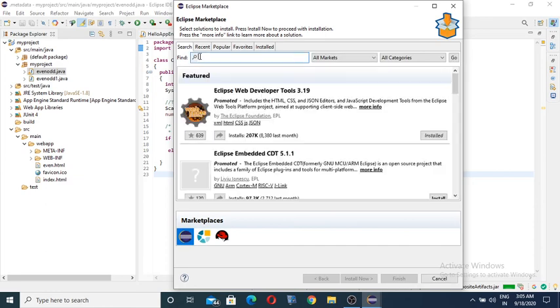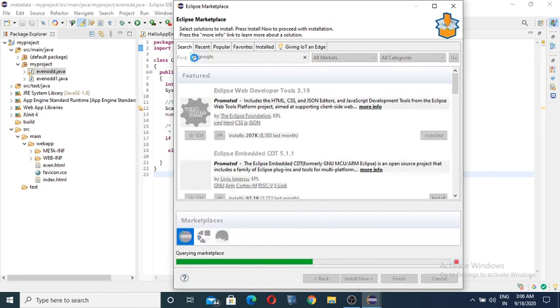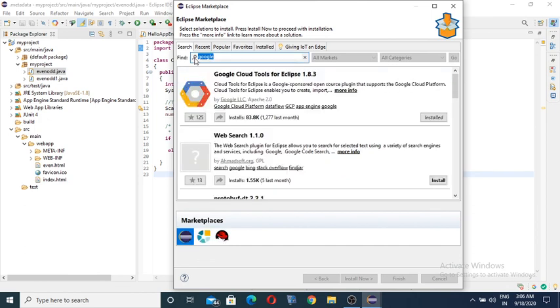Okay, now I can search here. Type Google, enter, and then you can search here. Like that it will show Google Cloud SDK tools for Eclipse.